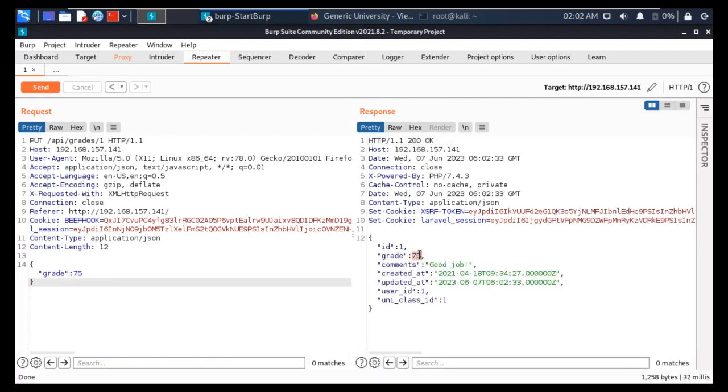This is the marks changed. You can see over here. So if this kind of vulnerability is there in your university's website, a student can change their marks easily. This is privilege escalation. Simple. You are a person from the outside, you can check the marks and you can change them. You can put it at 100 over here. Here you can see. This is the 100 marks. And then after,